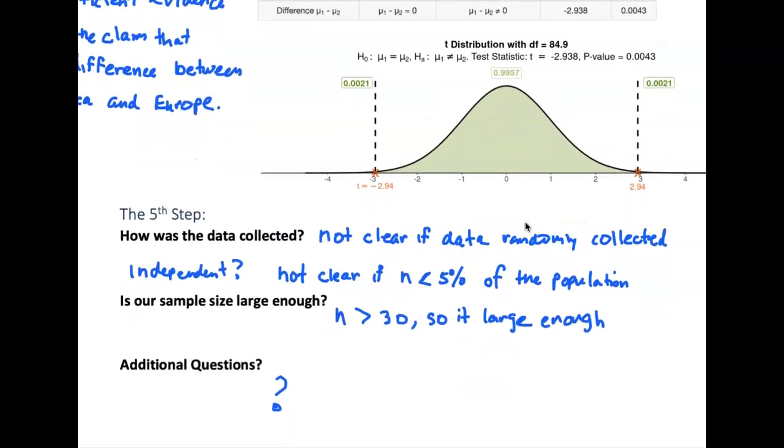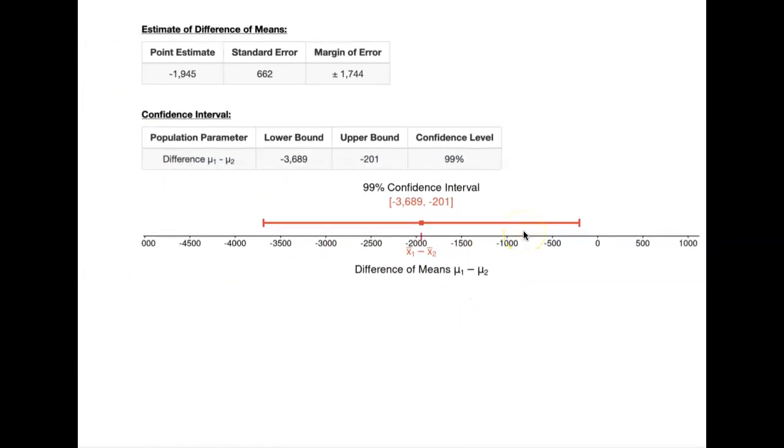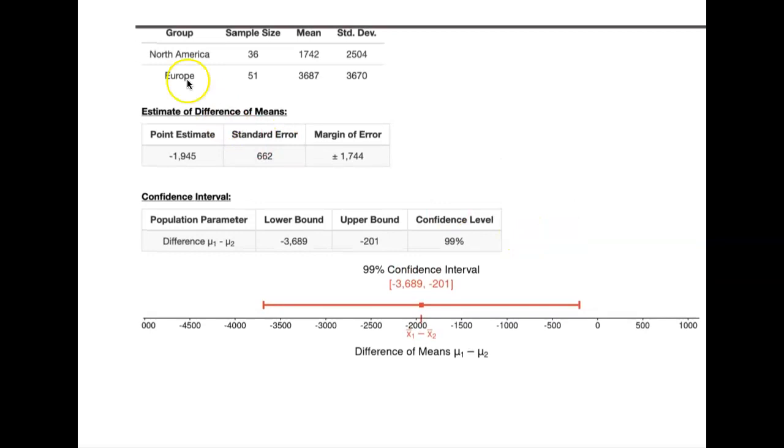And for this last example here, I did the calculations for a confidence interval. And what would it mean? Remember, we're comparing North America and Europe. Again, this is instead of a significance test or a hypothesis test. You compare them, and then we look at the confidence interval between -3,000 and -1,